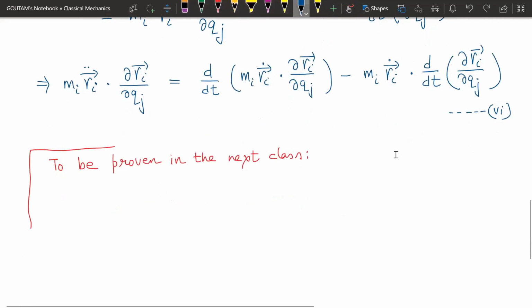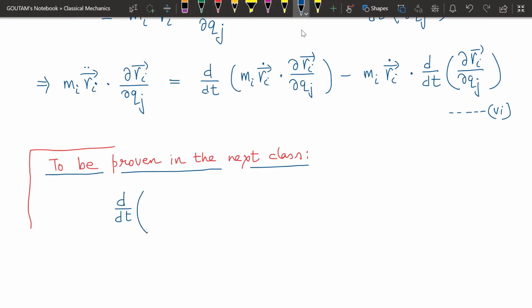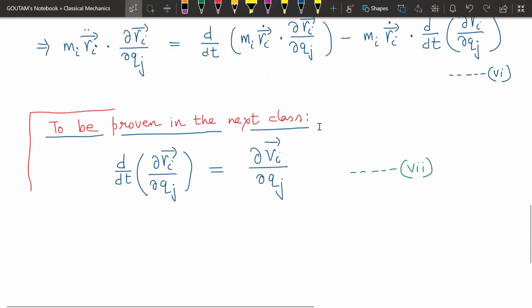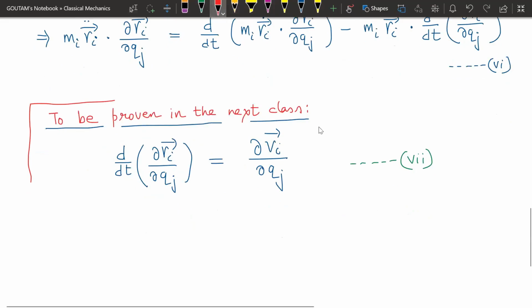So the equations are: d/dt of del ri del Qj equal to del vi del Qj. I will call it equation 7, and another equation is